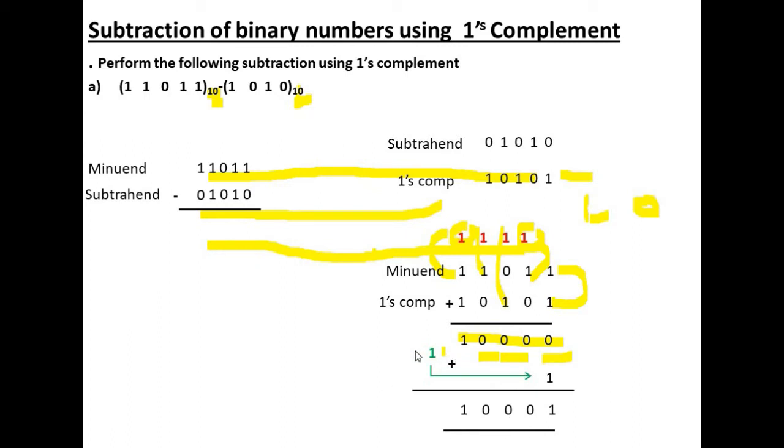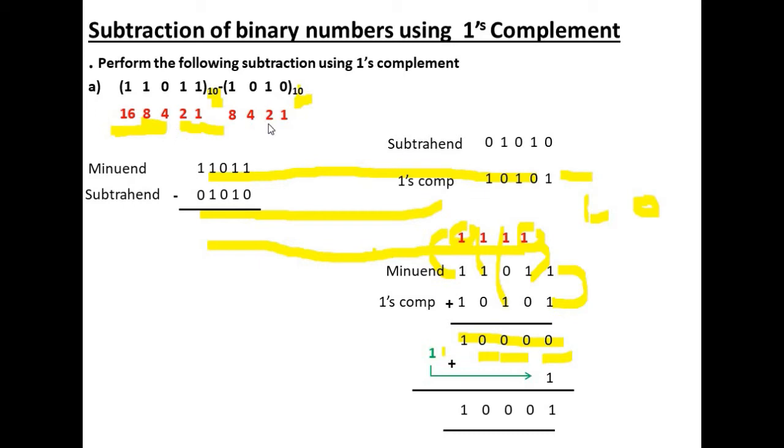Here we notice that we can check whether our result is right or wrong. Here we see 11011. What is the decimal equivalent of this number? The weight of this number is 16 plus 8 plus 2 plus 1. 16 plus 8 is 24, plus 3, that is 27. We have got 27. So this number is 27. And what about this number? 8 plus 2 is 10.